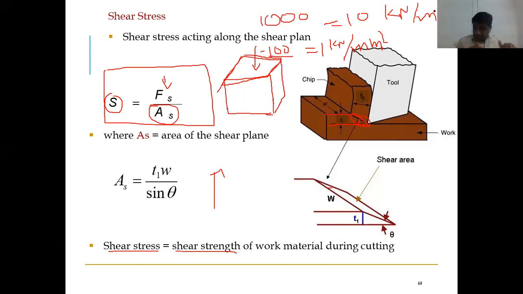So this limit up to which you can apply the force is called as strength. Stress is nothing but you're calculating how much force you applied and what is the cross-sectional area. But what is the limiting stress that a particular material can withstand? That is called strength. So stress and strength are both the same, units everything is same. But strength is nothing but the limiting stress at which the material is going to fail or deform. That's why strength is considered a property of material.